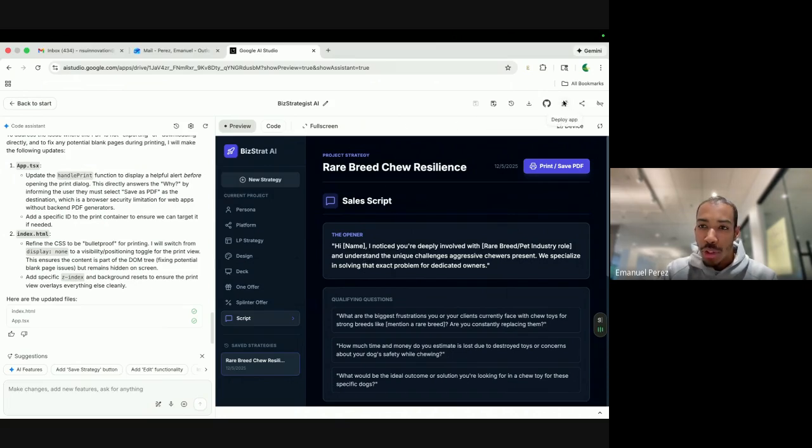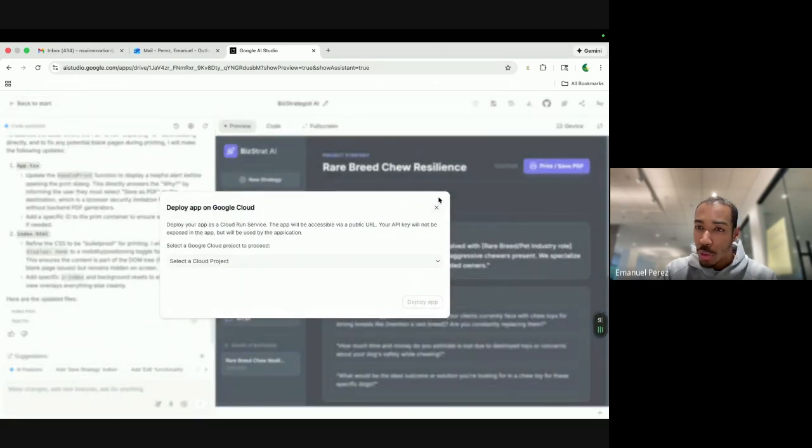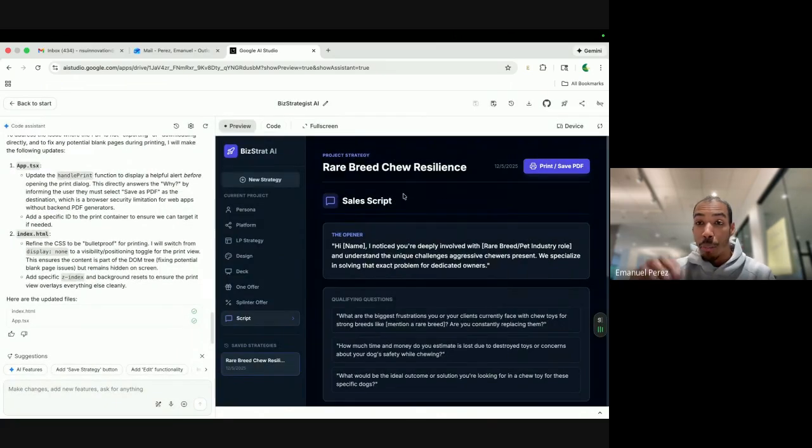There's also a way where you can deploy the app here, but you'll need a Google Cloud account. If you don't have a Google Cloud account, Google won't allow you to publish it. So it basically means you're putting it out on the web all the way, not just in your test environment. When you share it onto your Google Drive, but this is putting it on the web, like you're posting a LinkedIn post or Instagram post. Like you're pushing it on the web, and it's there.